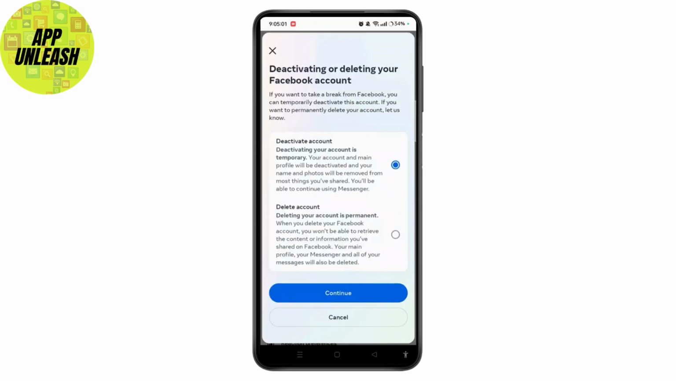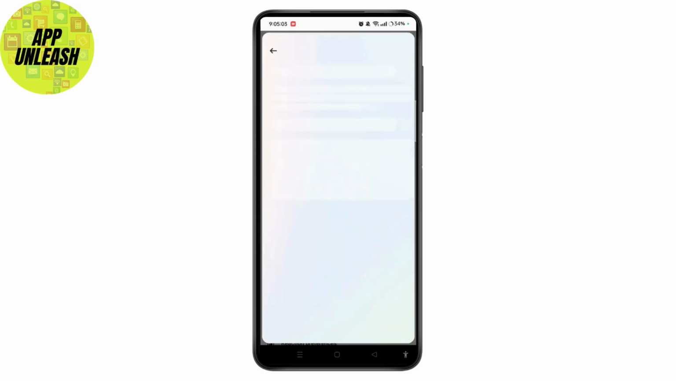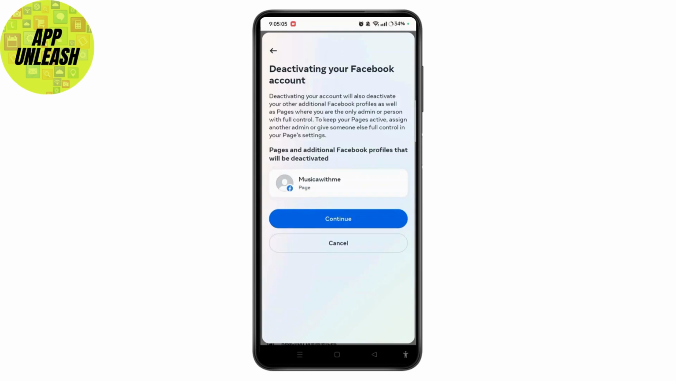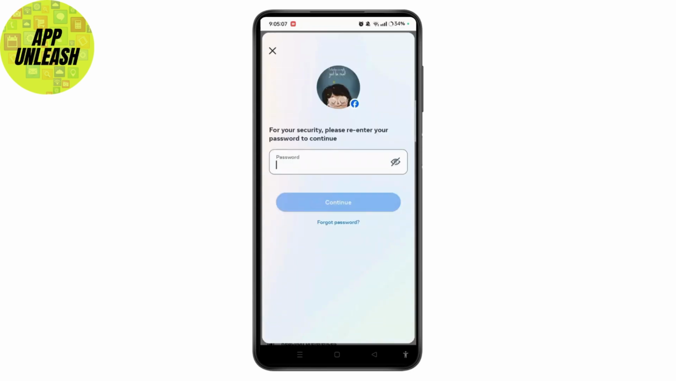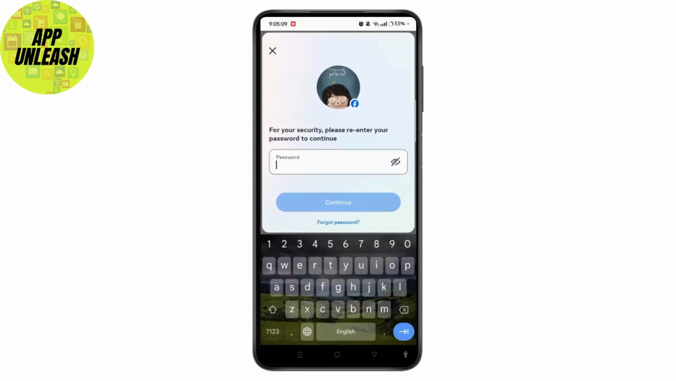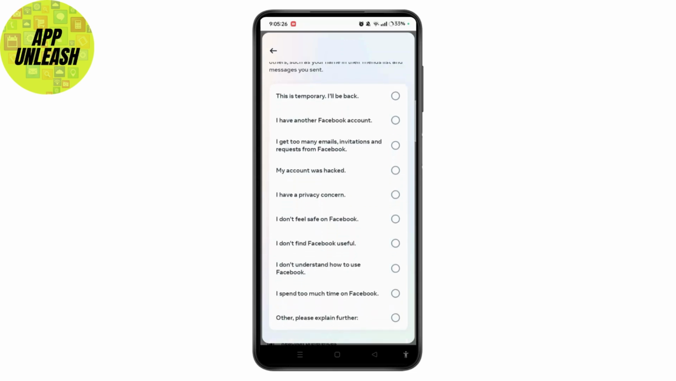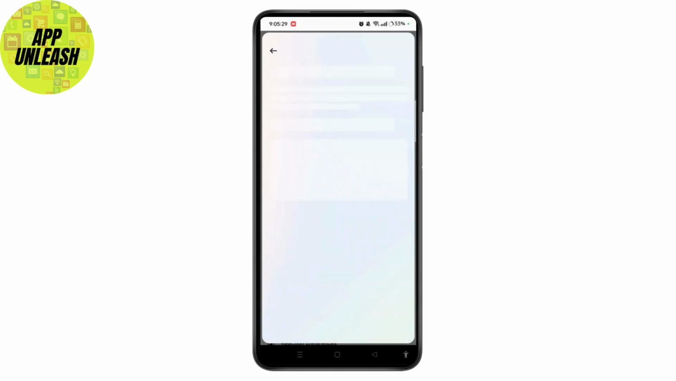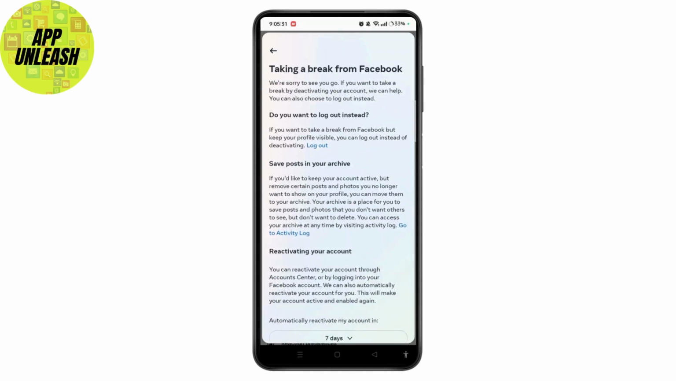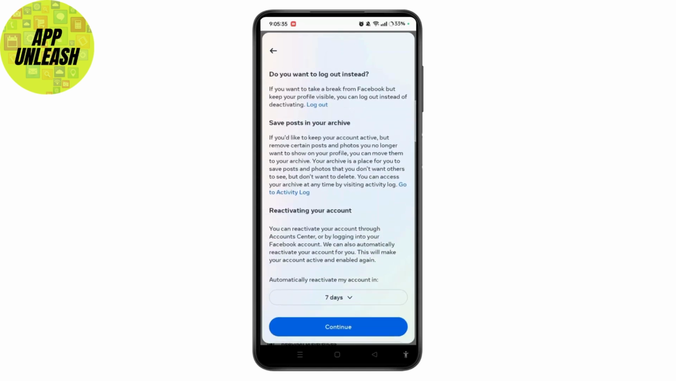Here you need to select Deactivate Account and tap on Continue. Select the Continue button again and enter the password to continue. Here you need to provide the reason why you want to deactivate your account. Once you have done that, select the Continue button, and before deactivating, you can still read all the information here,